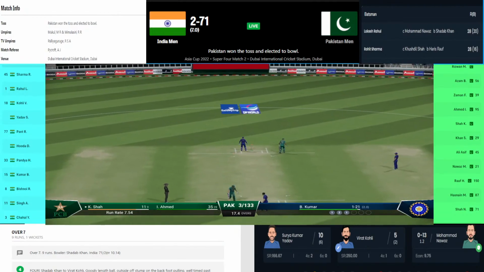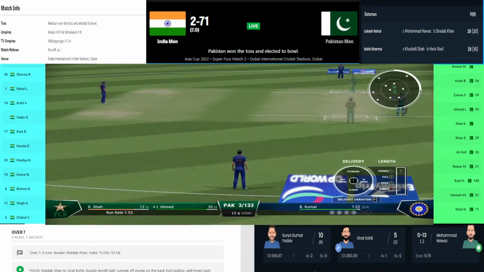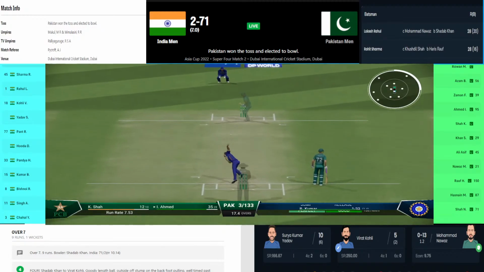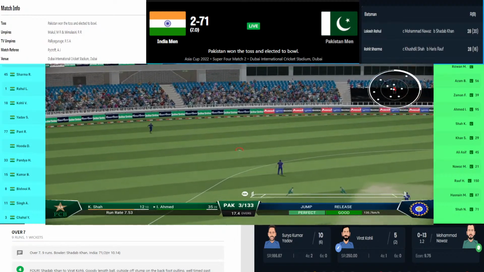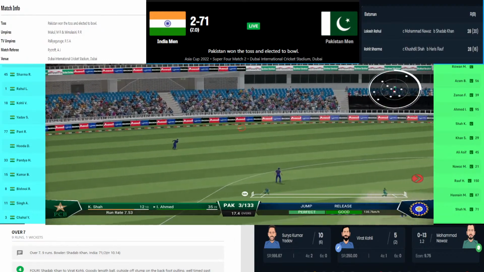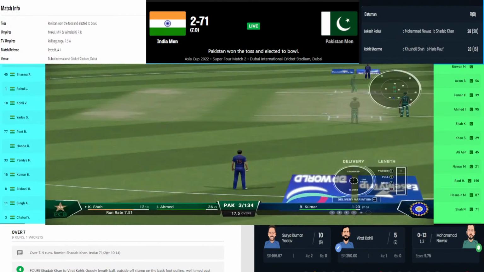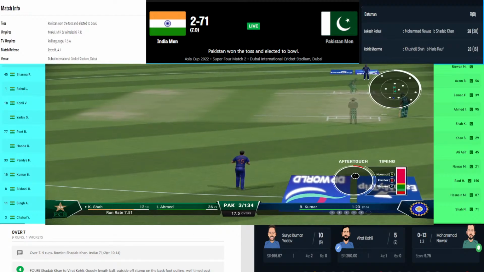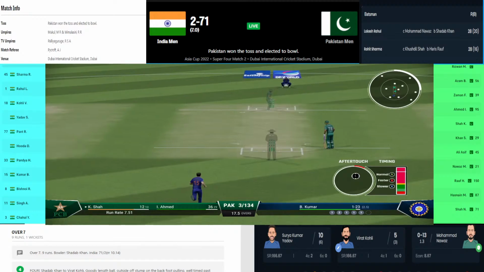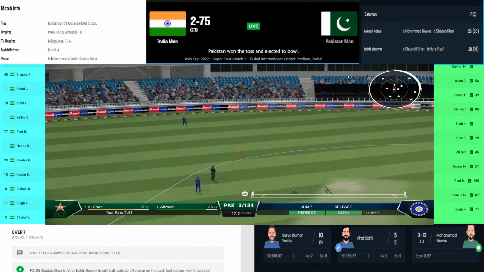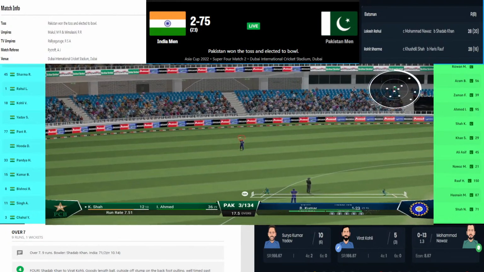So 8th over coming up from Mohammad Nawaz, who has given 8 runs in his first over. Now he'll be bowling the second over of his spell to Surya Kumar Yadav. Surya Kumar is on 5 off 4 deliveries. Now Mohammad Nawaz, Surya down the ground over the cover fielder. Is he able to clear? Yes, he is. He just puts in the gap, just lands before the boundary ropes, and it's a 4. So he just comes down the ground like KL Rahul. This time he's able to reach out the ball, and he just plays it over the cover fielder, and there is no deep cover. As a result, he gets a 4 out of that shot.